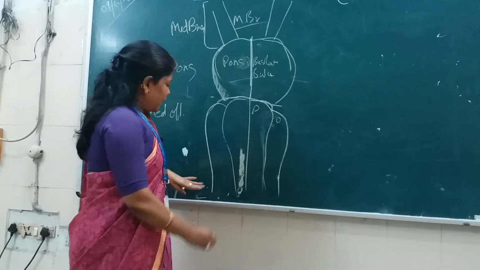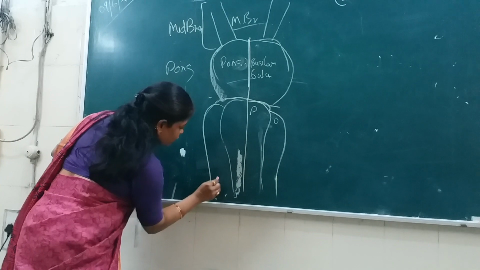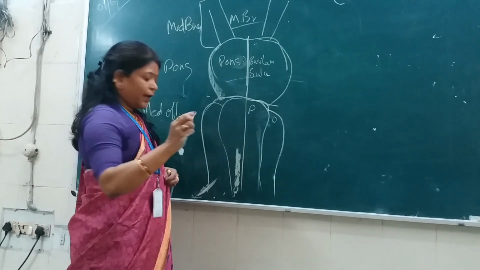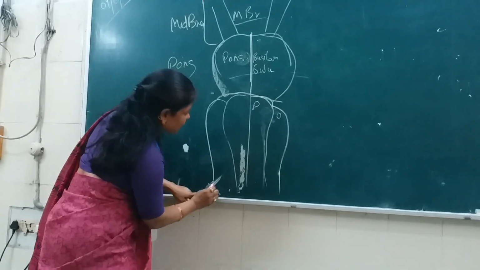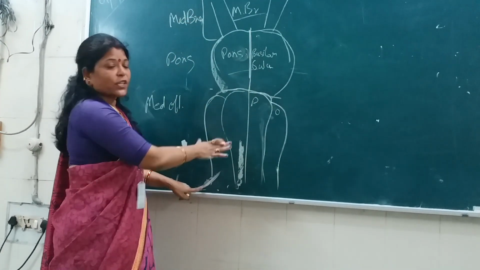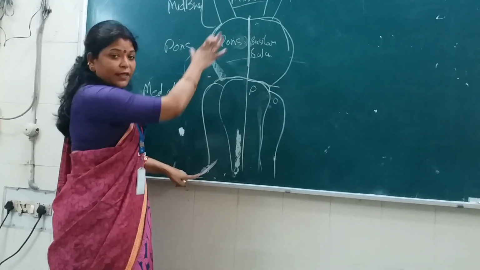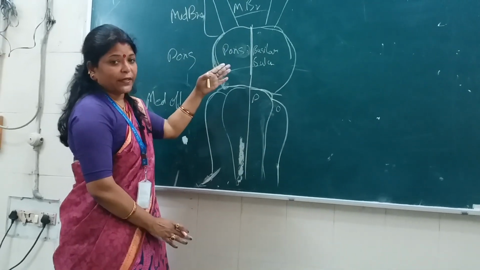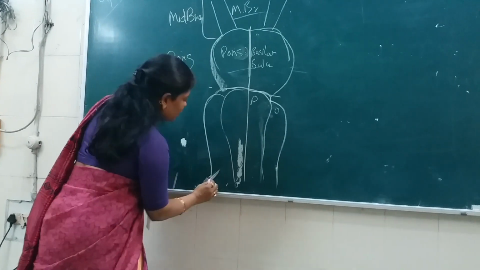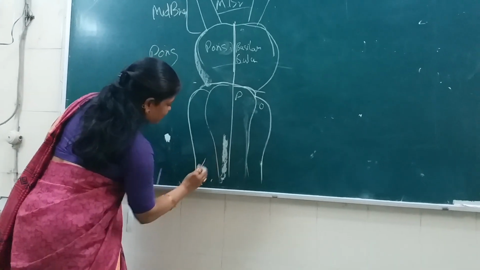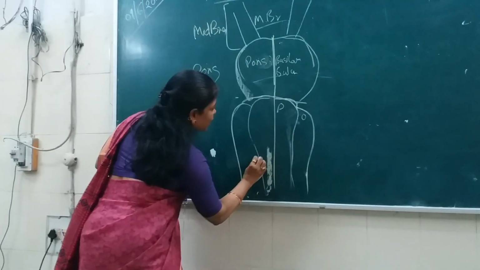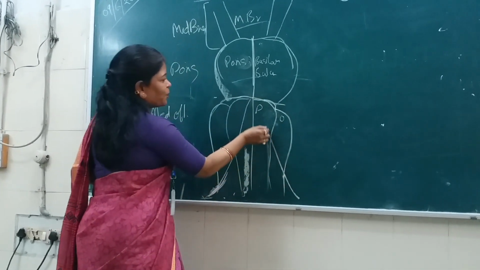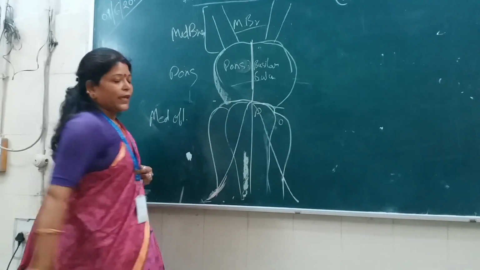What is that? After entering the foramen magnum, piercing the dura and the arachnoid, it runs on this view. This view is the ventral view, or the anterior aspect of the brainstem, not the dorsal aspect. Mind it. Okay, so on the anterolateral aspect, the pair of vertebral arteries runs up to the base of the pons, isn't it?